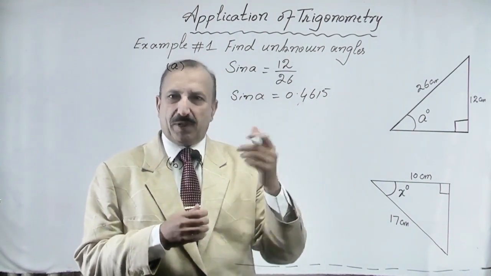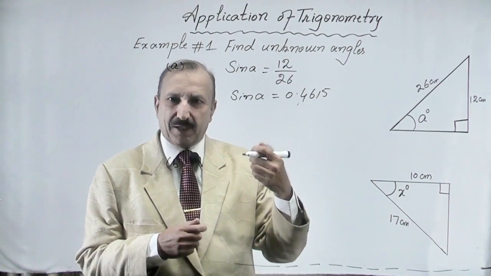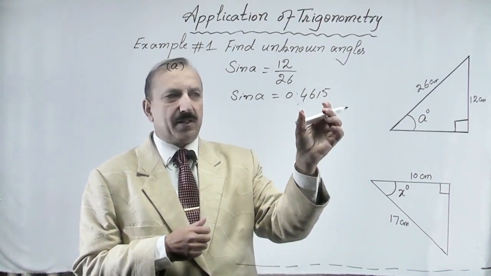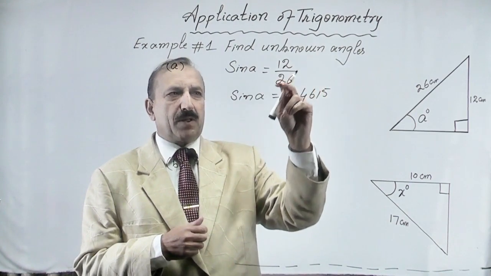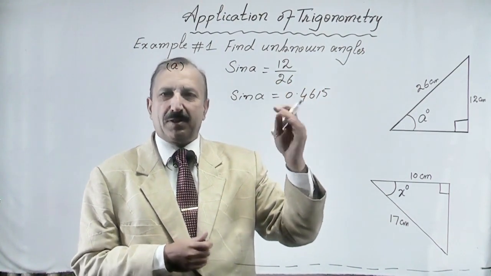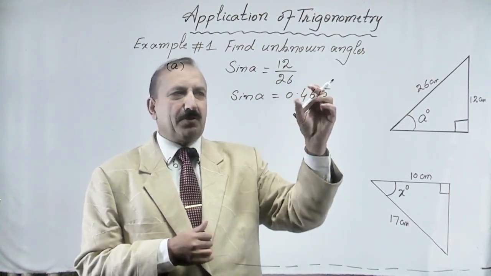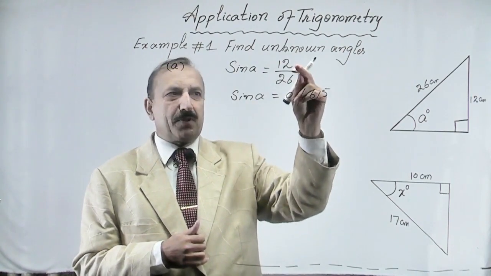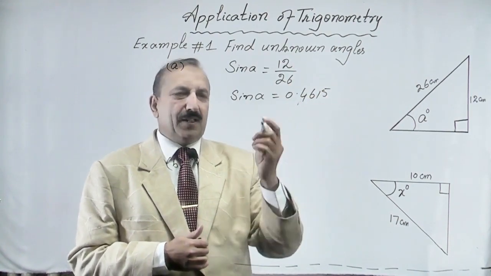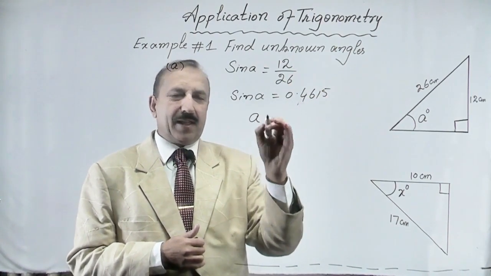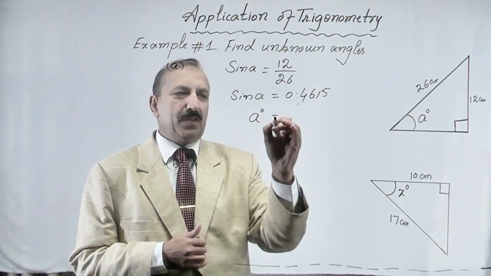You can get this value by operating a calculator. Yes, I got it by operating a calculator. Dividing 12 by 26 can be done manually, but it will require a long time. Just use the calculator, divide 12 by 26, and you will get this one. Let's carry on the rest of the process for this angle A. This will be equal to,